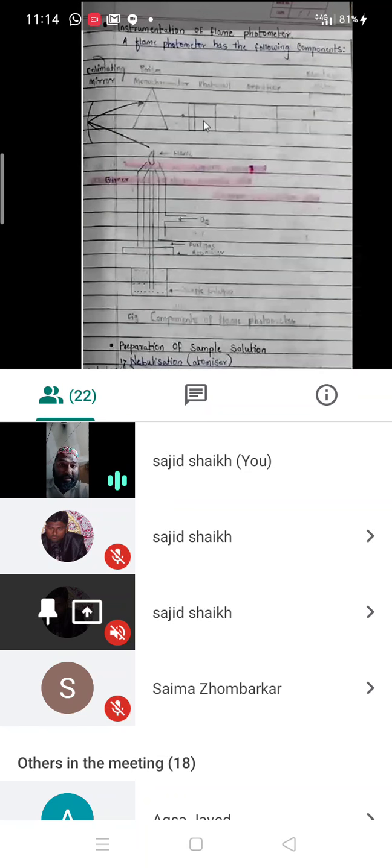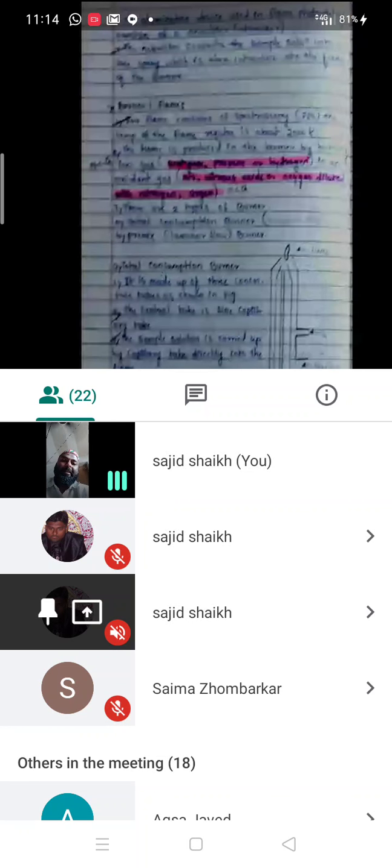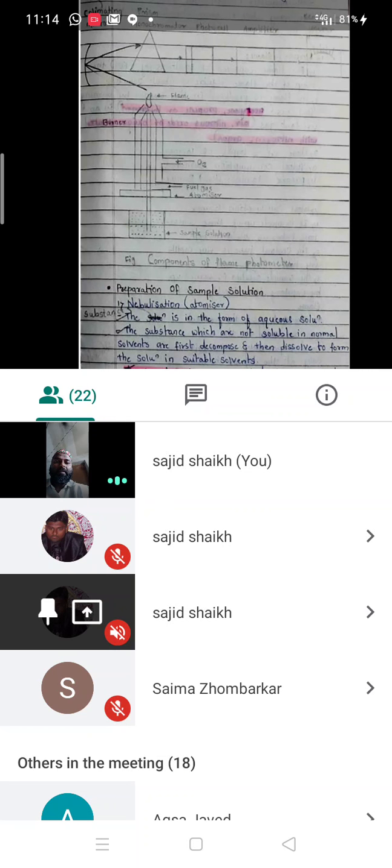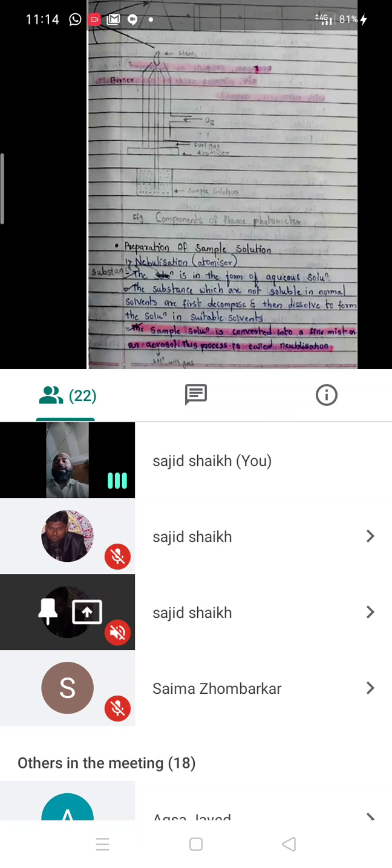Then the monochromatic rays coming from this monochromator are sent to the photocell. The role of the amplifier is to amplify the signal coming from the photocell, and the amplifier sends that signal to the readout device. The block diagram is there. It is not that visible, but it is a very simple diagram.